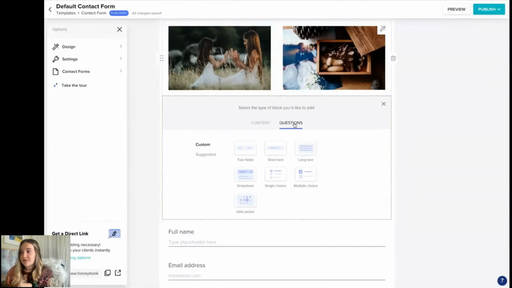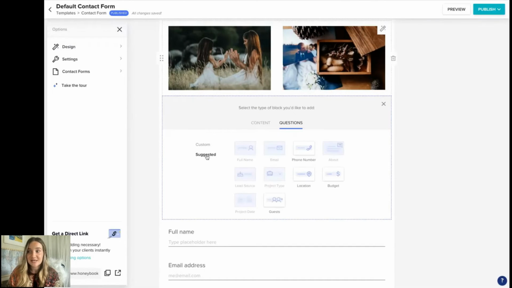I'm going to spend the majority of our time going through the question options here. You have two options when you're adding questions. You can add custom questions where you're just typing in whatever you need to ask them. I want to encourage you all, when you're first setting up your contact form, to start with suggested questions. It defaults to drop you off in custom, so I'm going to need you to click down to